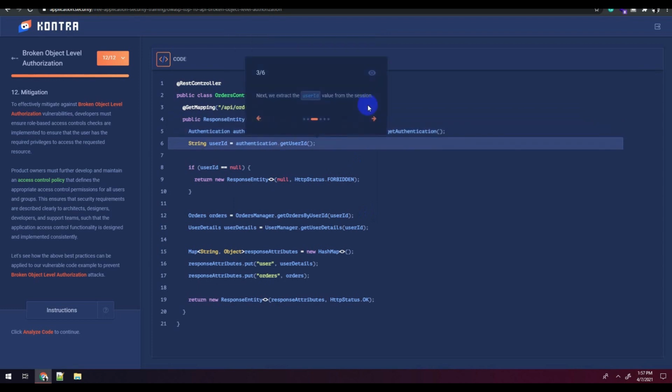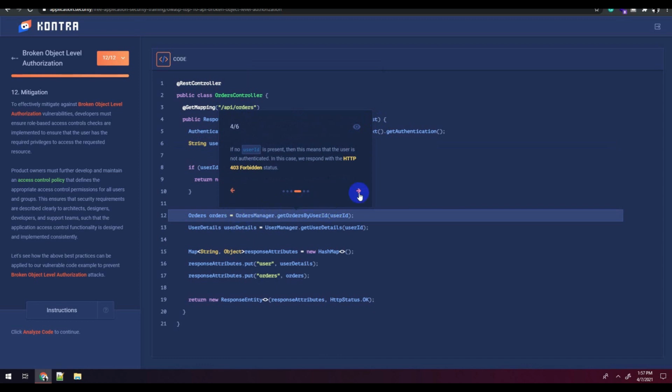From there we are fetching the user id value, and then we are fetching the details based on the user id. If it is not, then obviously you are going to get a forbidden status because that user is not authenticated. So all these things it is doing is basically putting a level of check before going ahead and fetching any information from the backend.